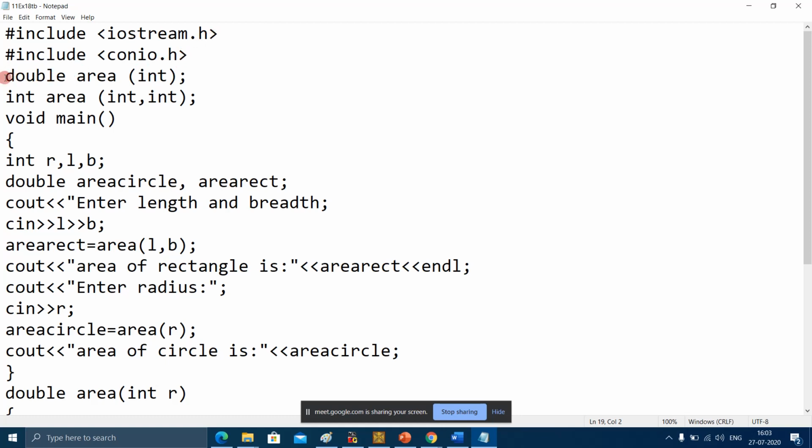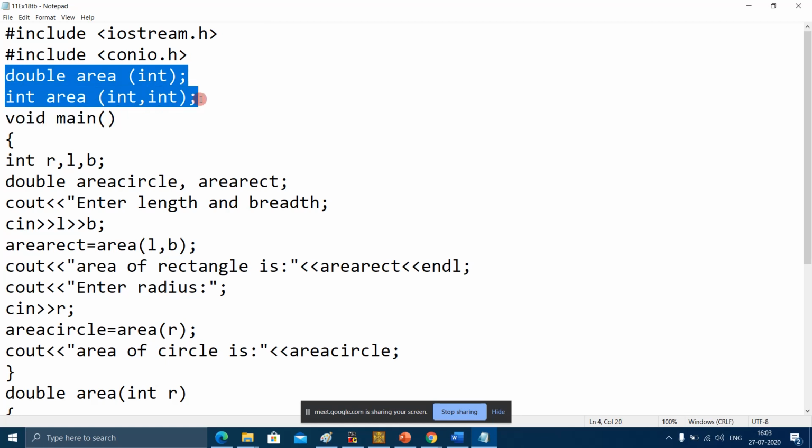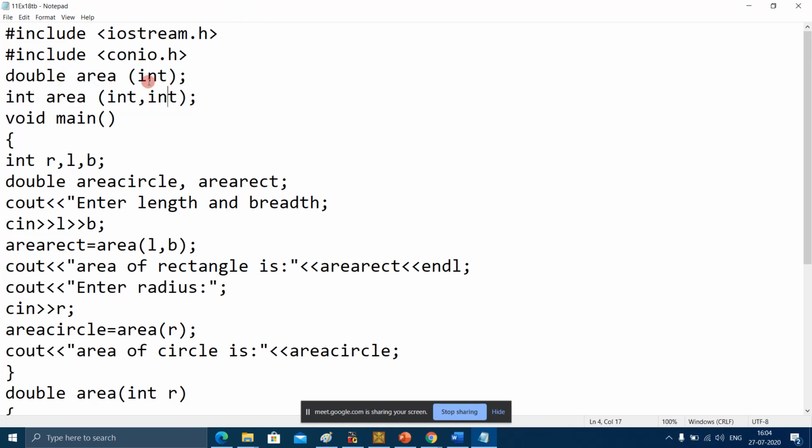Then we have two function prototypes. Why do we require a function prototype? When we declare a function other than the main function, we have to specify the function prototype. How we specify the function prototype, we will come to this later.